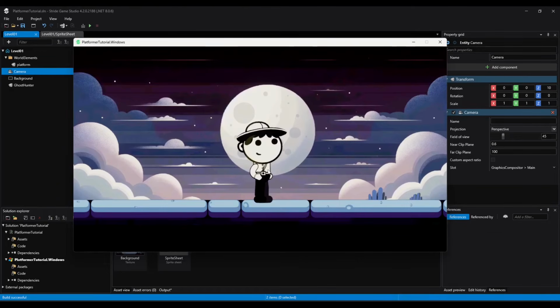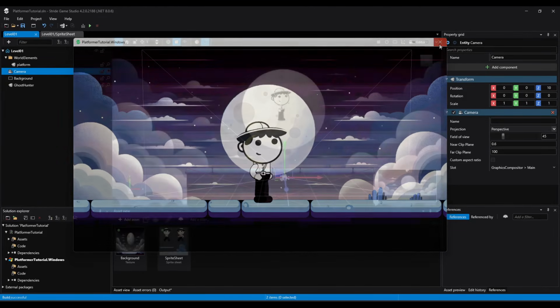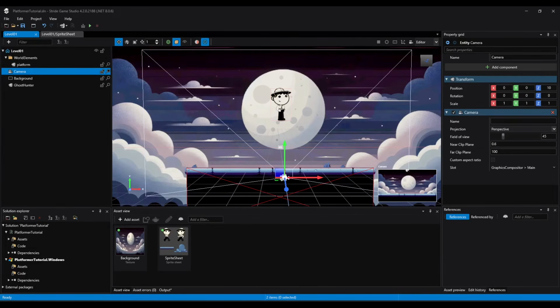So the next thing we need to do is add a script to control our character and make it move from side to side and jump around. So let's do that. Now we need to add a script to control our player so we can move it around side to side and jump around. So for that we are going to the Solution Explorer